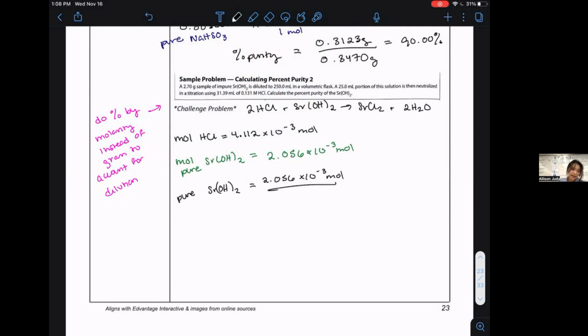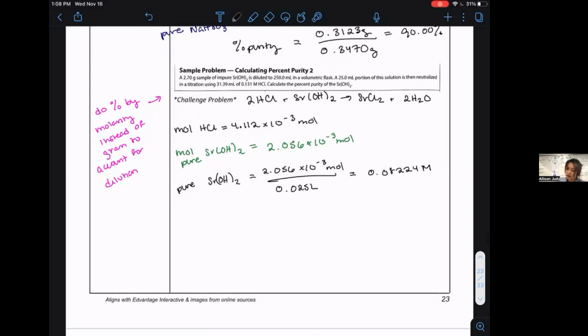I was told that I titrated, let's see, a 25 milliliter portion neutralized. So 25 milliliters, 0.025 liters. And that's going to get me a pure molarity of 0.08224 molarity. Okay, what about impure? Well, in the beginning, I had a 2.70 gram sample diluted to 250 milliliters. So I just use my molar mass, turn it to moles, and then divide by liters, and I get my